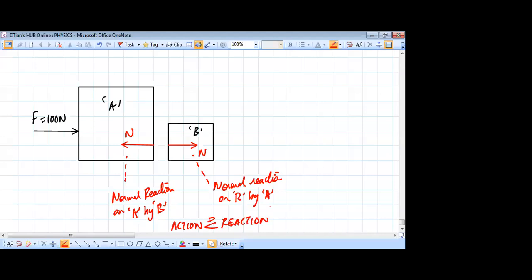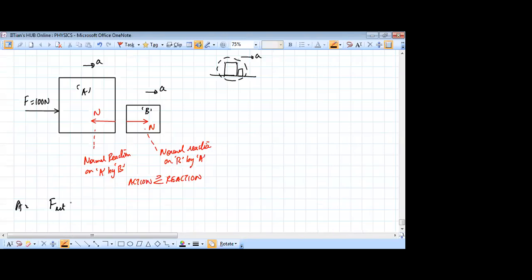Okay. Now, as you're pushing this system, the whole thing will slide together with some acceleration. So जितना इसका acceleration होगा, इतना ही इसका भी acceleration होगा. Okay. So now you can see that for block A, what is happening is